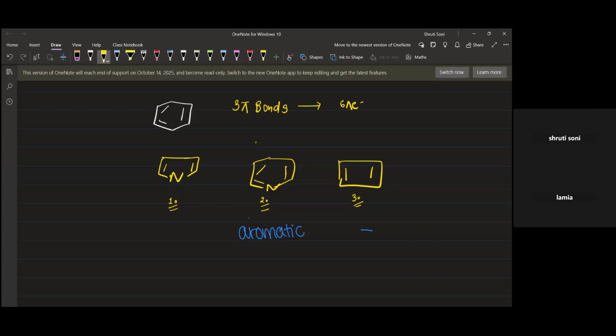It needs to follow Huckel's rule. Each carbon needs to be sp2. Yeah, each carbon needs to be sp2. And the third one,